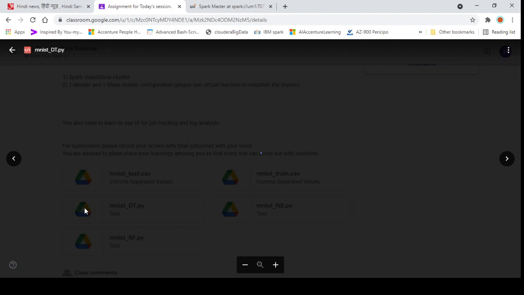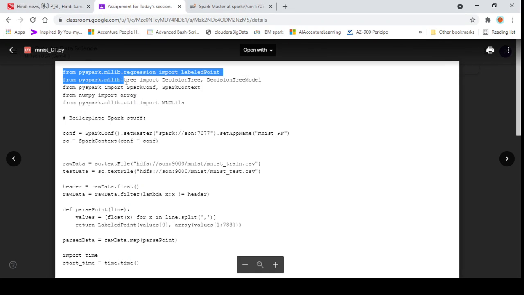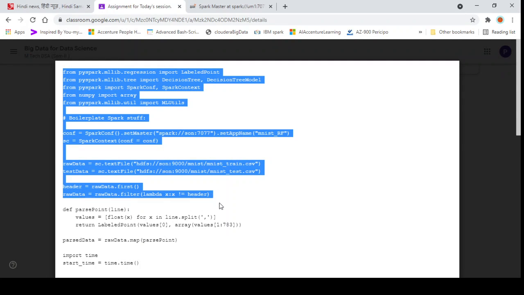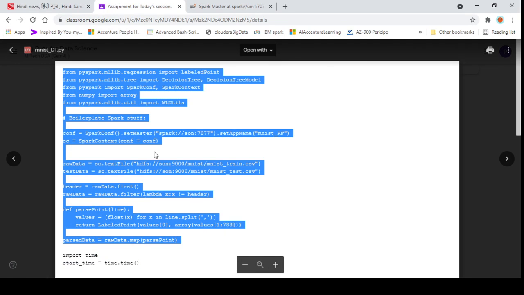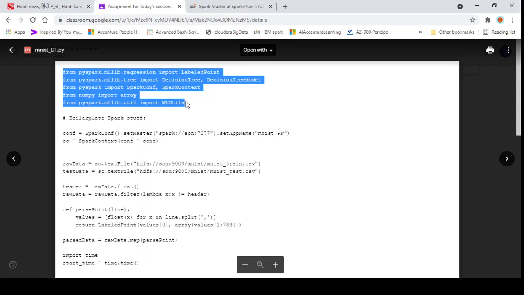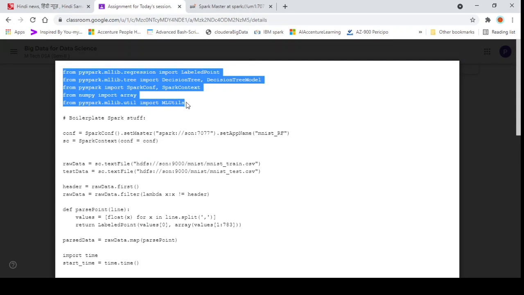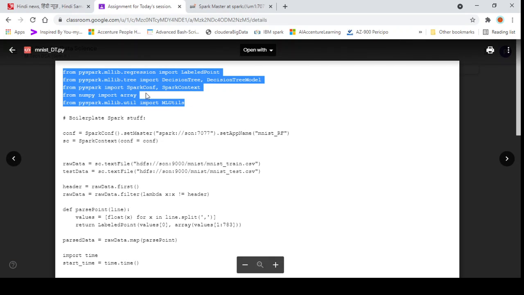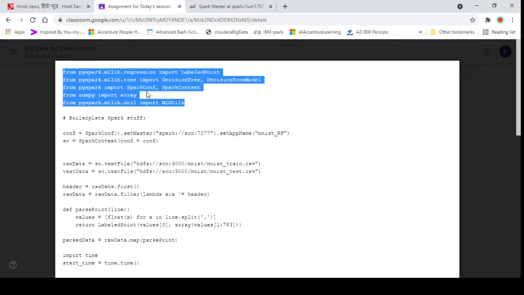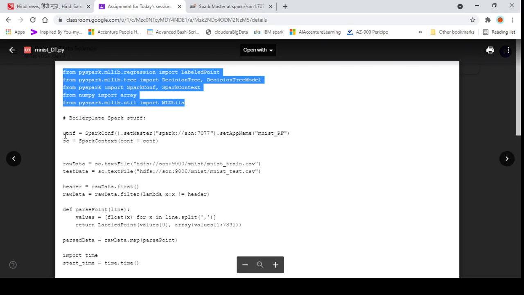So if I click on that mnistdt.py file, I hope you will be able to see whatever text is written here. Let me highlight it also. As soon as I explain a line, I will highlight that particular line. So the first 5 lines are actually importing the libraries that we are going to use. Okay, so for any kind of Spark program, what is the first thing that we have to do? We have to set up a driver. So to set up the driver, we have to create a Spark context, and we set up a Spark context using the SparkConf command.